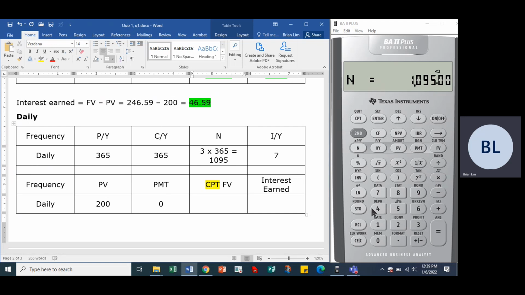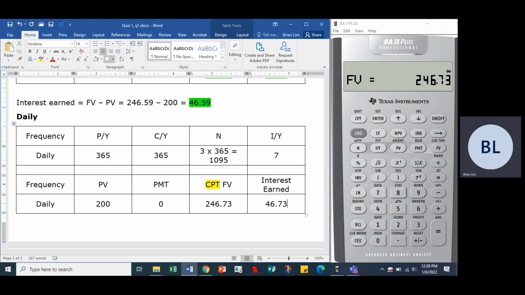Okay, IY is 7. So if we recall it, we can see it's 7. We don't really need to enter it. If we recall the present value, that is 200, or negative 200 if you like to put it in and get a positive value for the future value. Okay, 0 for the payment. And then if we compute the future value, we get 246.73. And the interest earned would be